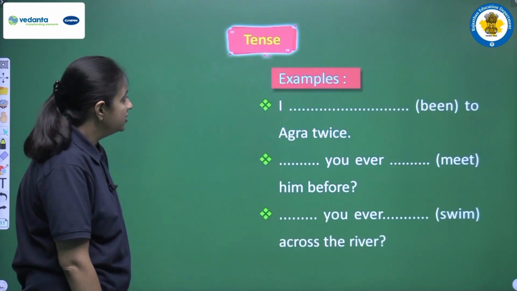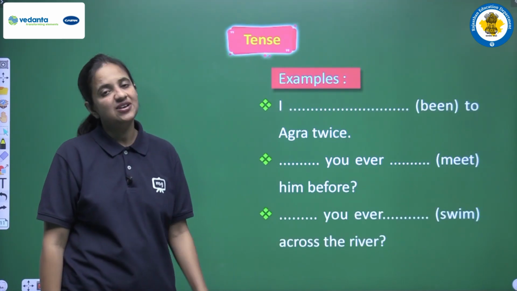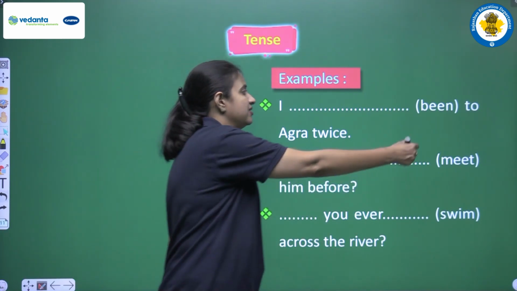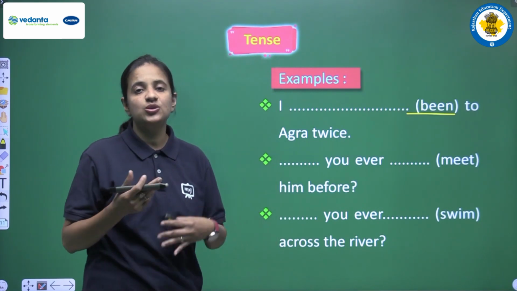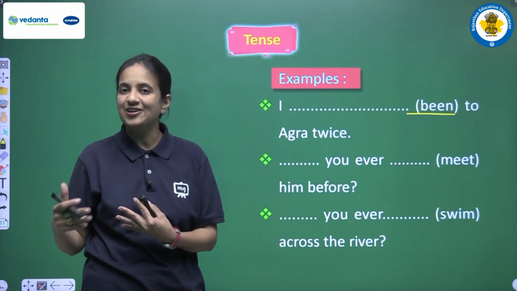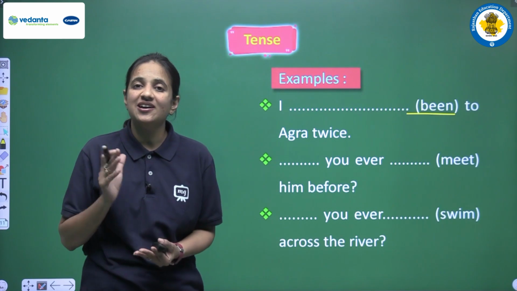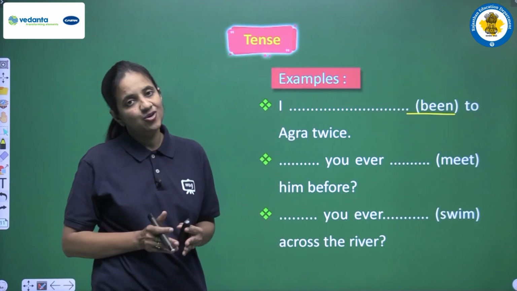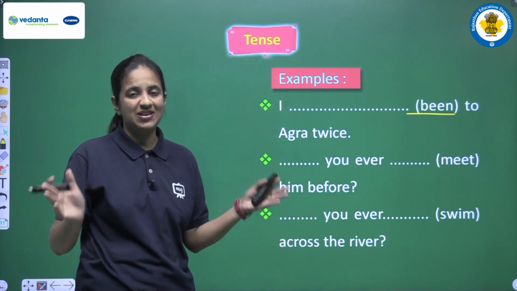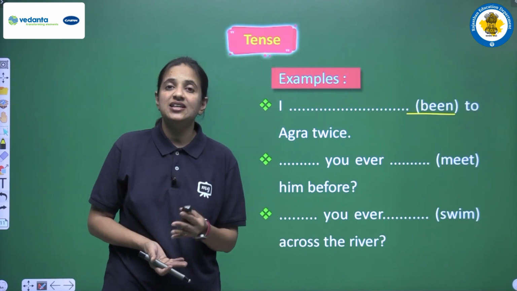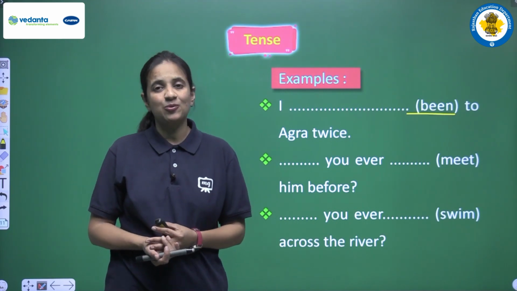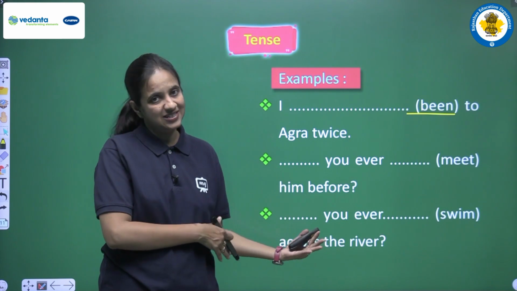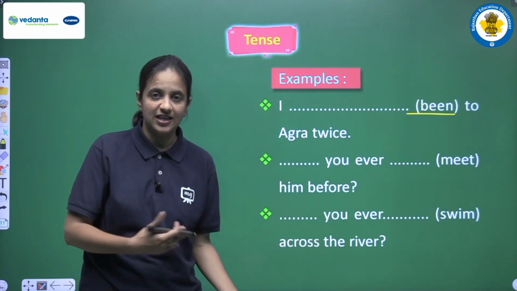Okay. So now we are having some of the examples, we are having some of the sentences, we have to read the sentence, and we are having main verb, so we have to use helping verb according to the subject that we all know, and we have to use the correct form of the main verb, and then we have to fill the blank and we have to complete the sentence. Okay, so I am very much sure that you all are having the answer, because सभी rules जो है वो आपको clear हो चुके हैं, and now you all are ready to give all the answers. Okay, so let's solve all the sentences with me.